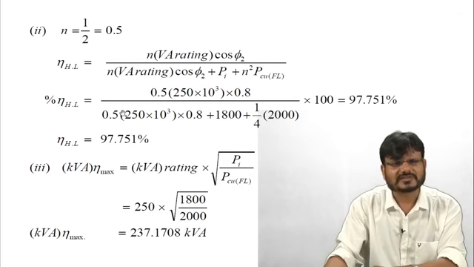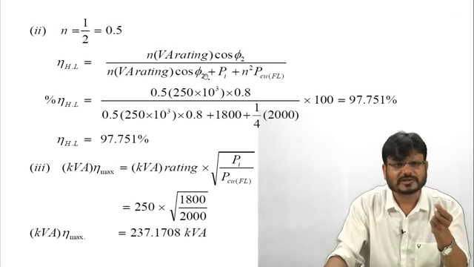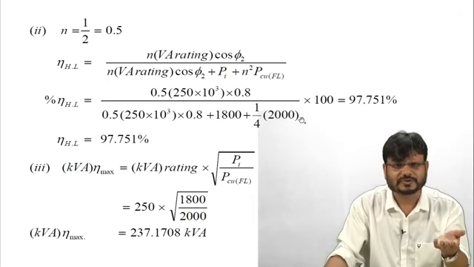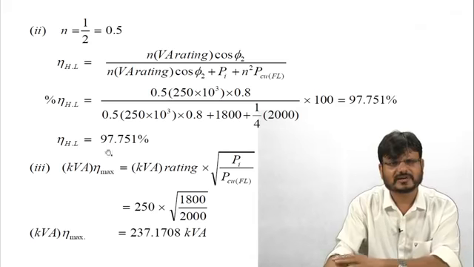Now you have to calculate the efficiency at half full load. That means you have to put the value of n equal to 1 by 2 in this formula, and all the remaining parameters are the same, like rating is 250 kVA, iron loss is 1800 watt, copper losses is 2000 watt. So here you can notice that copper losses are now 1 by 4 times of the full load, and iron losses are constant, and the output is again half of the full load because n is equal to 1 by 2. So after putting all these parameters here and solving, you will get the efficiency at half full load, that is